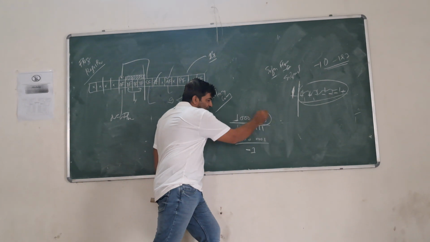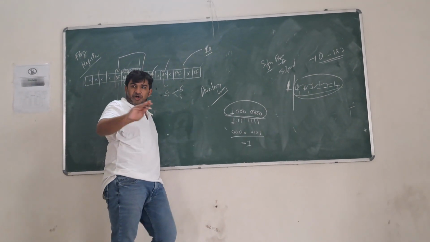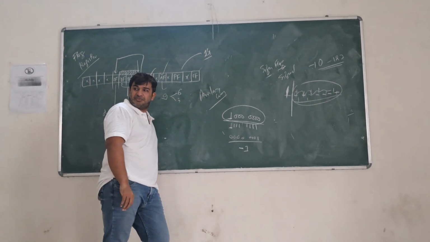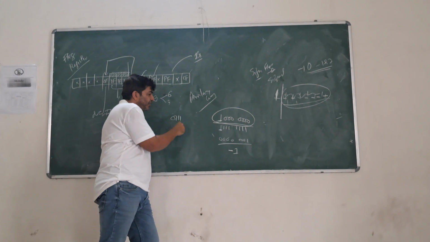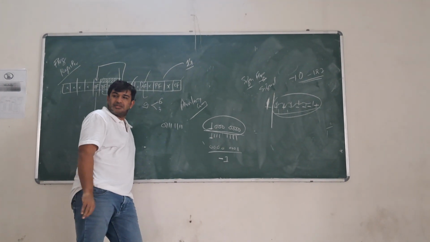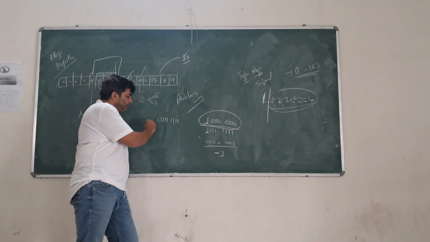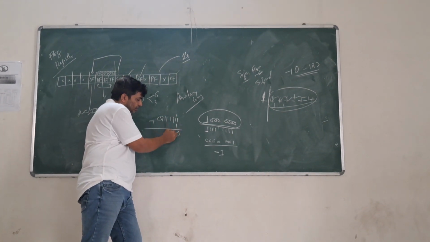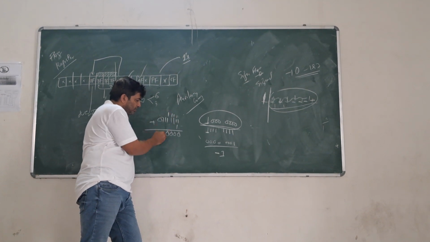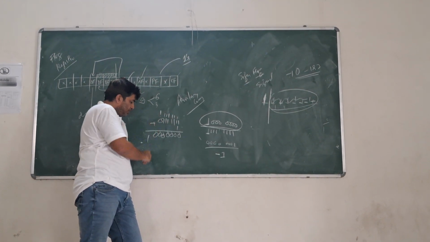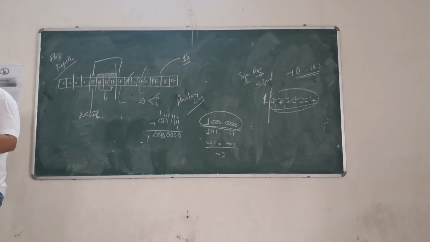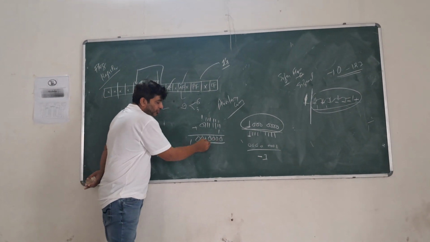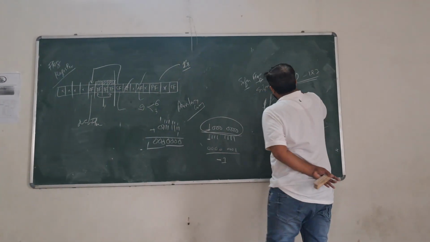How am I doing it directly? Let's check this. This is my normal number. Suppose you want to find out the 1's complement. How to find out the 1's complement of this? 0, 1, 1, 1, 1, 1, 1, 1. Yes? Plus 1 is my 2's complement. 1 plus 1 becomes 10, and the same number is your 2's complement also. And what is this number? 80. That means minus 80.